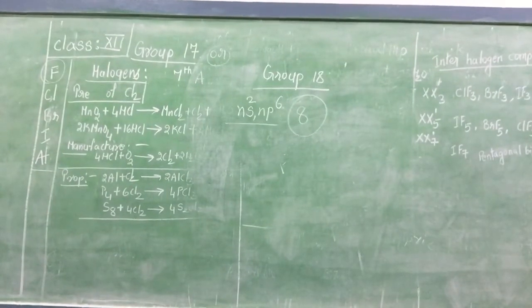Now physical properties. All the noble gases are monoatomic. They are colorless, odorless and tasteless. They are sparingly soluble in water. Now only xenon can form compounds. Xenon can form binary compounds XeF2,